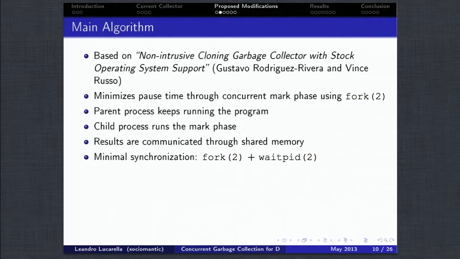Just the parent process is forked, the child process will run the mark phase, changing all this. The shared memory is this bit set with the flags. So the mark phase will update all the flags, and while it does that, the program will keep running but will not modify these flags. So when the concurrent mark phase ends, the main process, the program, will wait for it and just read these flags that were updated in another process. So it's a pretty simple concept,